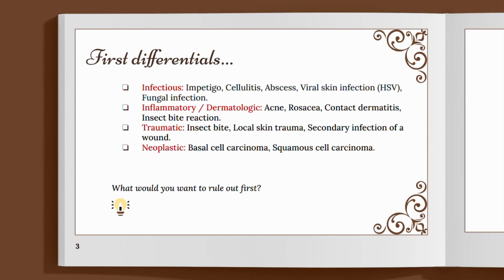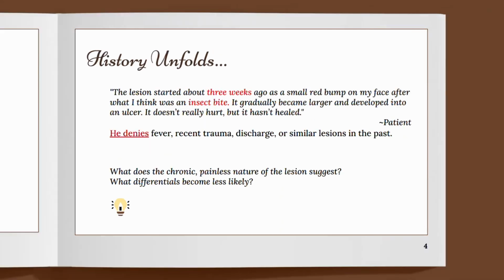So among these, what would be the ones that you would like to rule out first? Of course, the ones that you'll be ruling out first will be inflammatory as well as neoplastic. The utmost importance will be neoplastic. So as the history unfolds and we take more details,